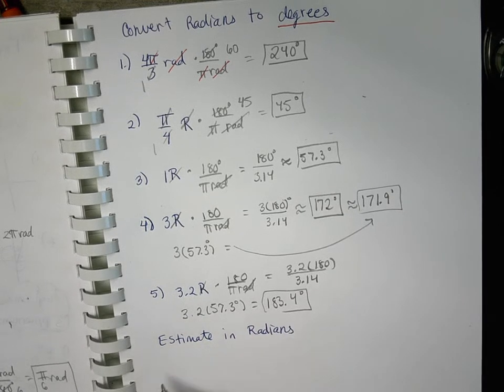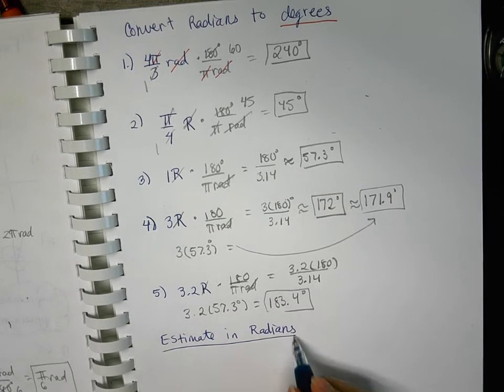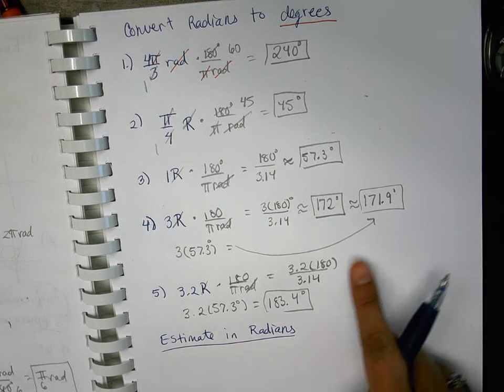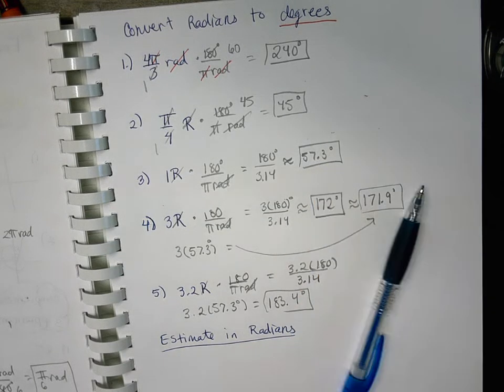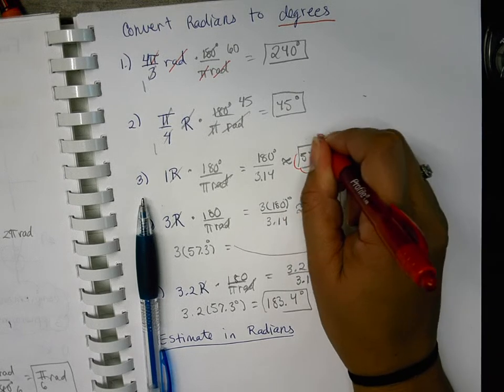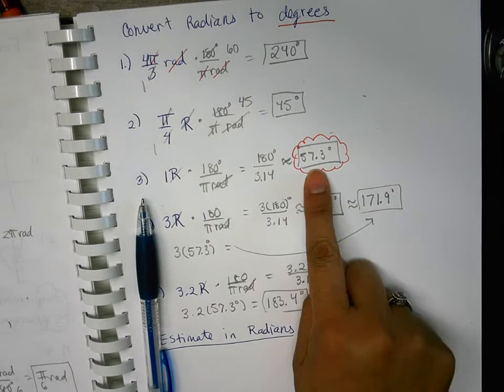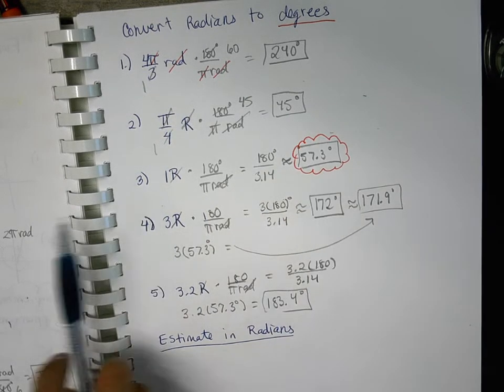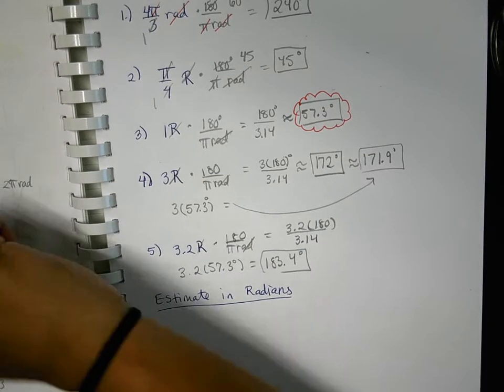Estimate in radians. Now, this is where knowing this is going to come in handy. So I'm going to put this one in red since we're going to need this one in more than one place. We need to know that 1 radian is approximately 57.3 degrees. So when I give you something like this,